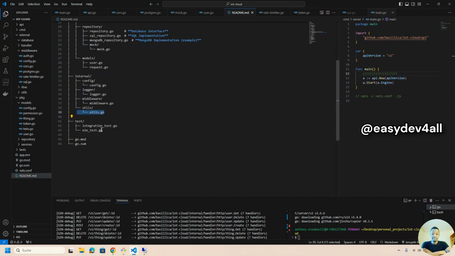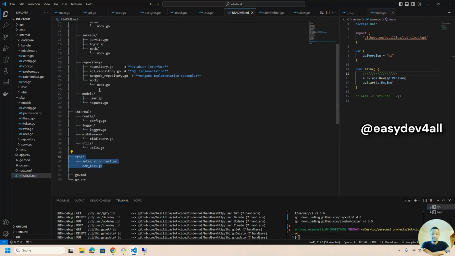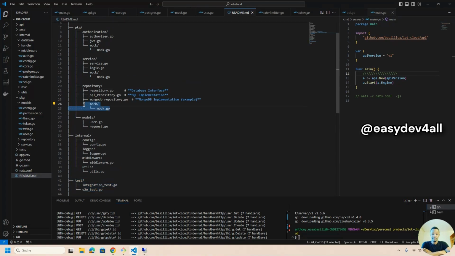And other than that, I also like to have a tests folder. This is where I normally would write integration tests. And to help me do that, depending on what I'm trying to achieve, as you might have seen up here for my layers, I also like to have a mock folder. So in a scenario whereby this repository needs to reference a SQL, whatever implementation that happens to live inside this database package,